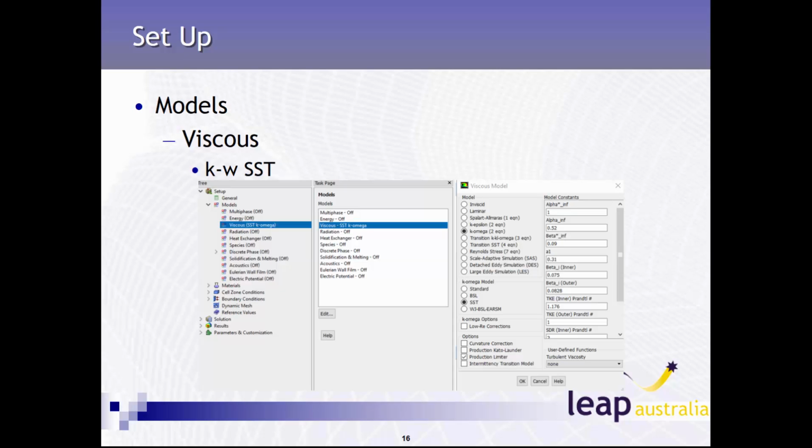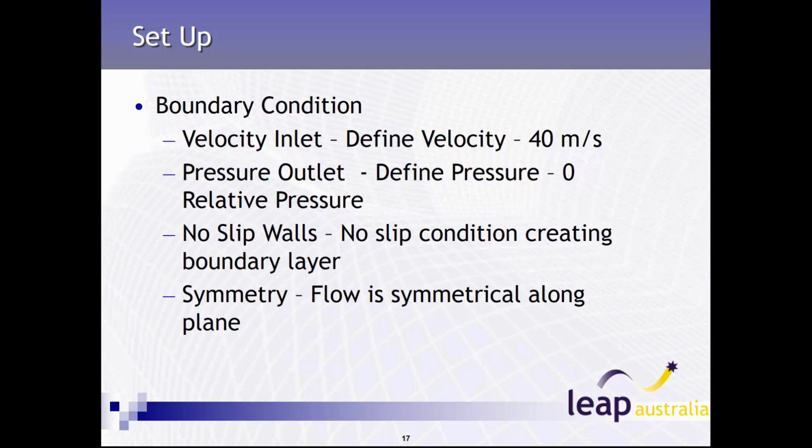During the setup, the first thing we'll be doing is setting up the turbulence model. We will be using a K-Omega SST turbulence model because it is able to accurately capture the pressure gradients. Next is outlining the different boundary conditions which have been allocated in the meshing module. There are many different boundary conditions that can be used, but these are the following that we'll be using for